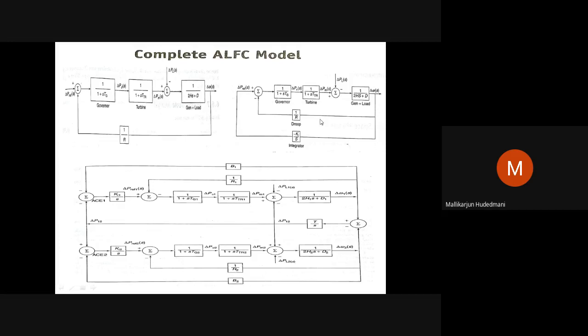Now, if such a controller is there in both the areas, which is the two area control we have seen, see a small change here. There is a governor mechanism. There is a turbine mechanism. There is an area 1 with a D1 and deviation. Similarly, I have here governor in second area, turbine in second area, and area and response. Then it's deviation back, droop R2, droop R1. And this was the P reference. So I go back to primary control here. Only P reference here. This P reference, how you set it